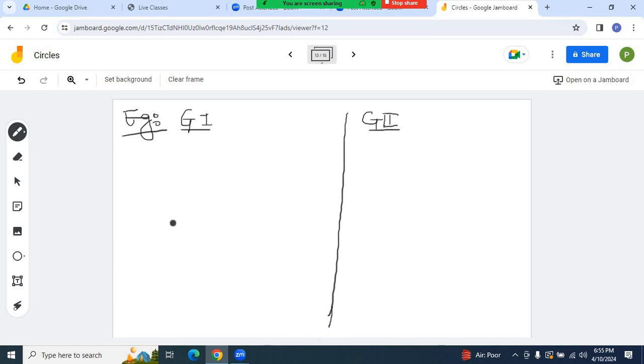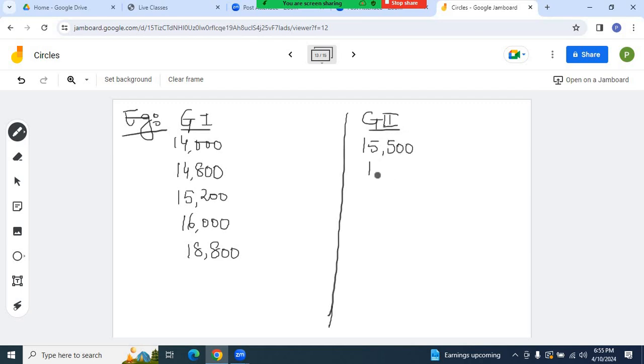So the incomes of first group people are 14,000, 14,800, 15,200, 16,000, 18,800. And for the second income group people, incomes are